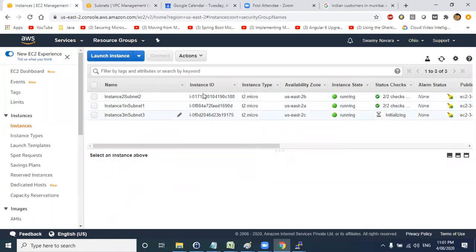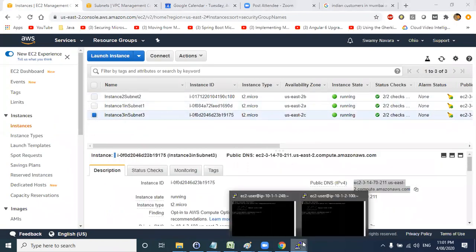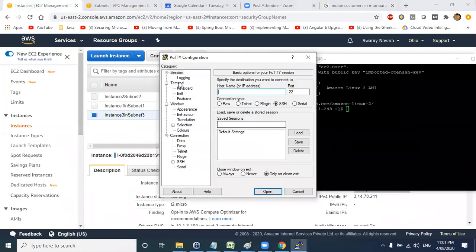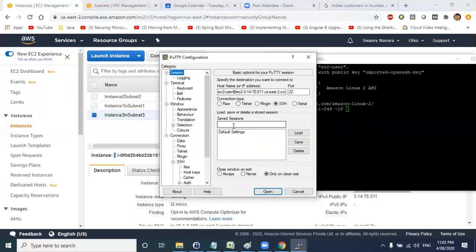Okay, now our third instance is also ready. Now let us log into this one. If you want, instead of going and selecting authentication every time, you can save this session.